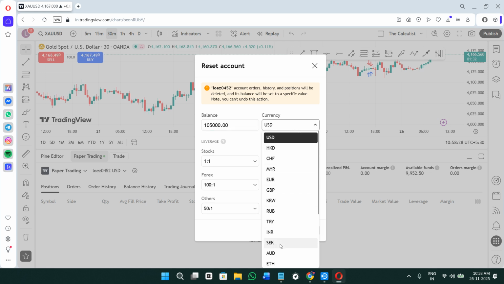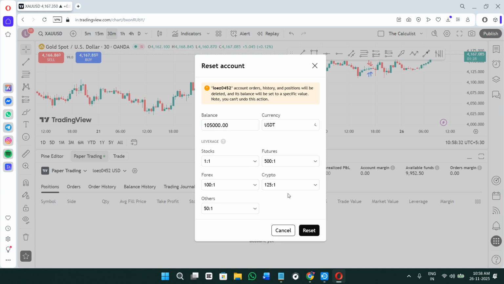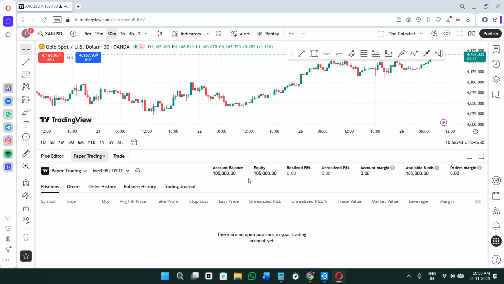Here you can also change the currency. By default USD will be selected, but you can also convert it to USDT, let's say. Then you can change the leverage for stocks, futures, forex, cryptos and others. After that, simply click on the option of reset, and there you go, you have successfully changed your paper trading